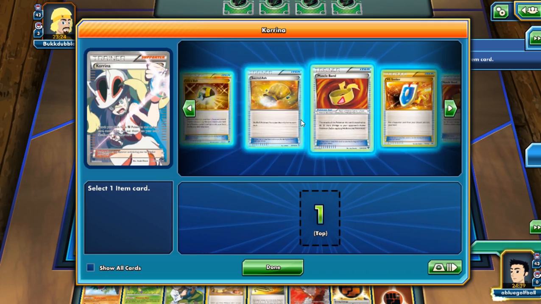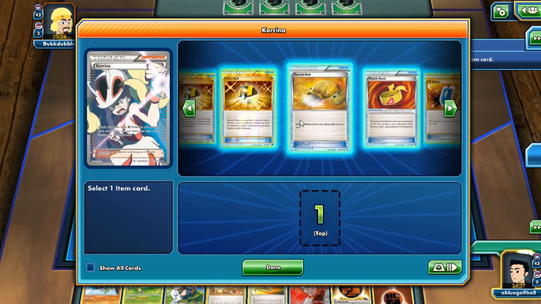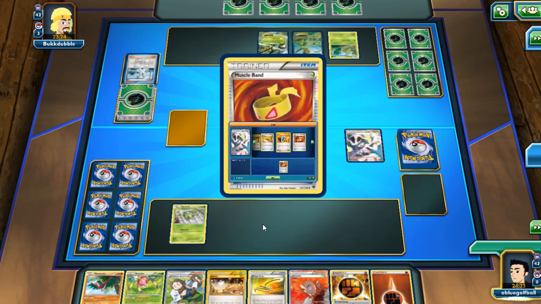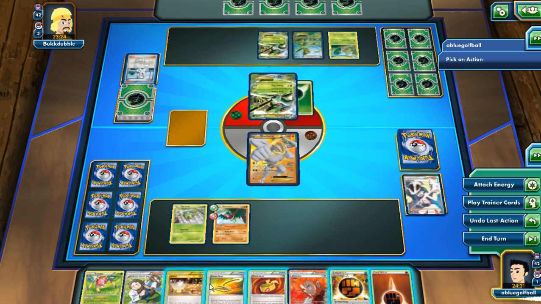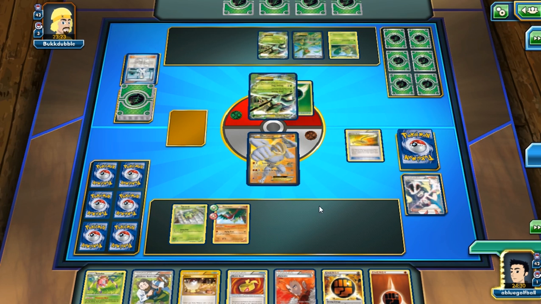And gotta wait and see. We do have a, let's see, Muscle Band. I'm gonna go for that, and let's just go with this right here, and let's play the Escape Rope. See, if my opponent plays the Treecko, that's going to be fine. If not, then,